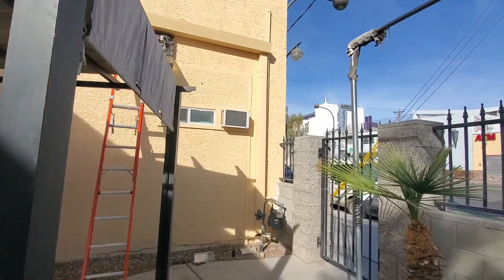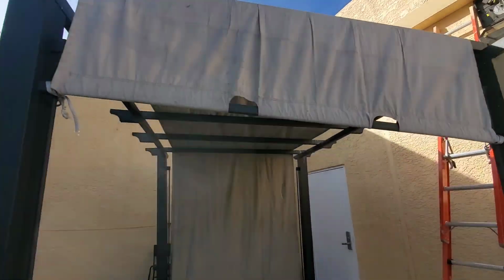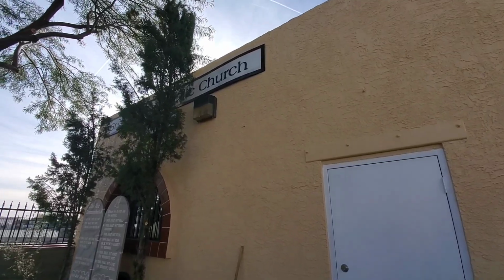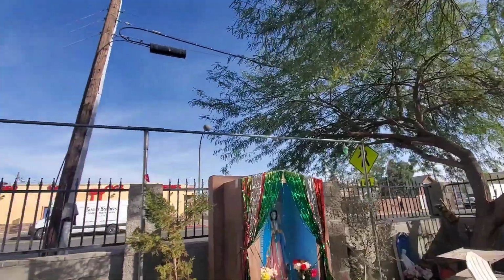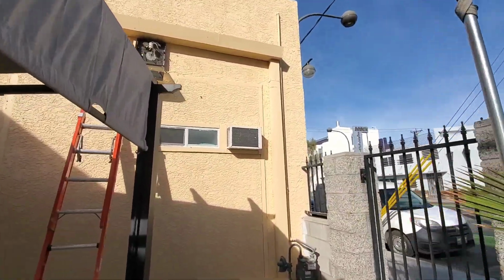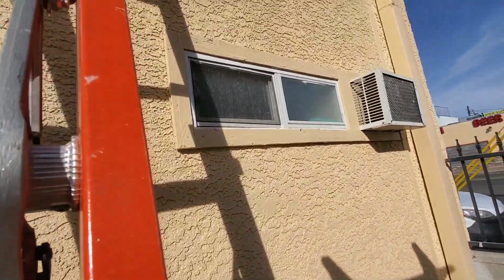I've got the ladder set up and I'm going to totally remove this up here and probably remove this one too. They don't even have bulbs in them anymore. A big problem I have is I have a timer that's conflicting with the sensors for on and off for darkness. So see up here,